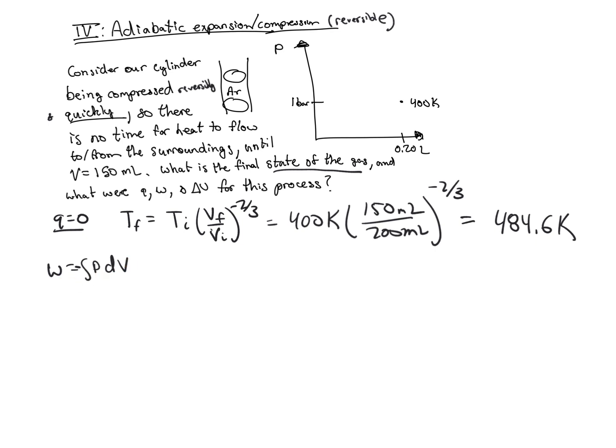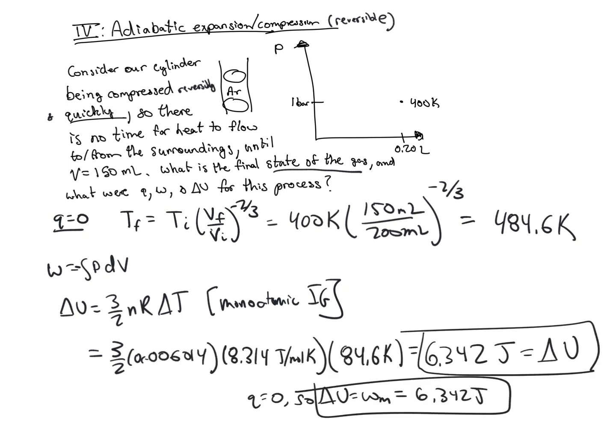A lot easier here, because we know the temperatures, is to first get delta U. So delta U is 3/2 nR delta T, that's always true for a monatomic ideal gas,